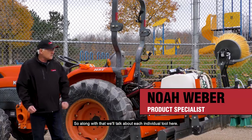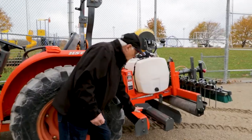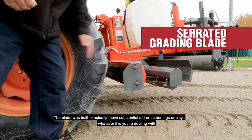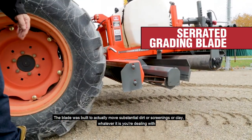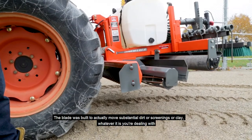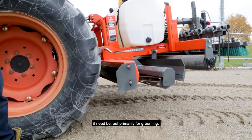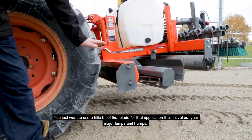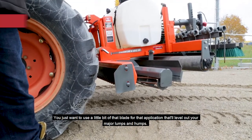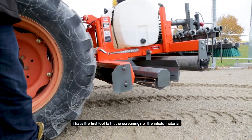So along with that, we'll talk about each individual tool here. The first tool we get to is the aggressive blade at the front. The blade there was built to actually move substantial dirt or screenings or clay, whatever it is you're dealing with, if need be. But primarily for grooming, you just want to use a little bit of that blade for that application. It'll level out your major lumps and humps, and that's the first tool to hit the screenings or